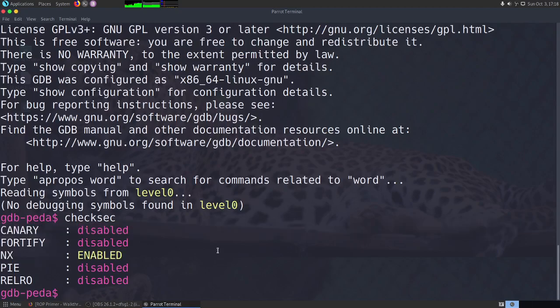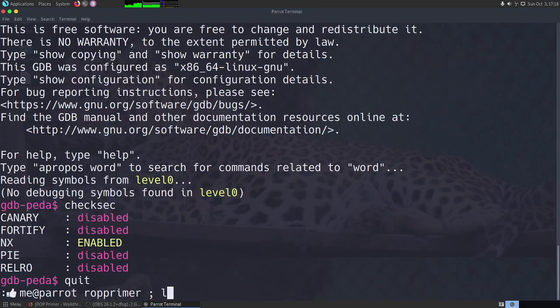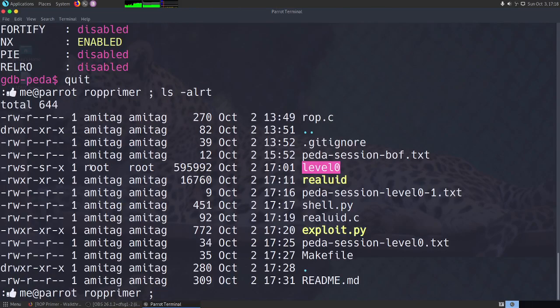This is where we are going to start, and to ensure that we can get up to root, I have also made it chowned by root, and the SUID and SGID bits are set for level 0, which basically means that if we are able to successfully exploit this, then we can get root access with this exploitation.